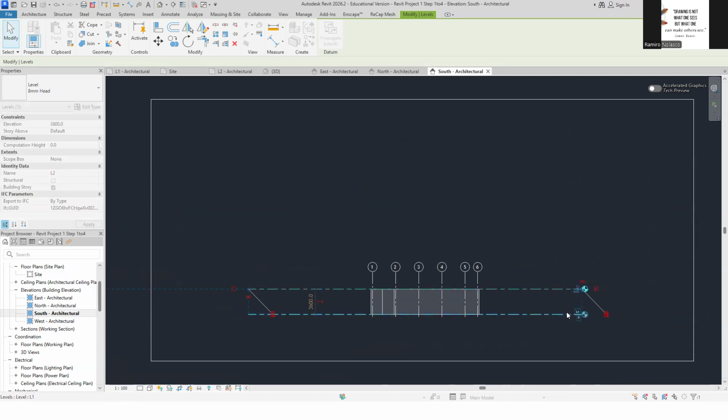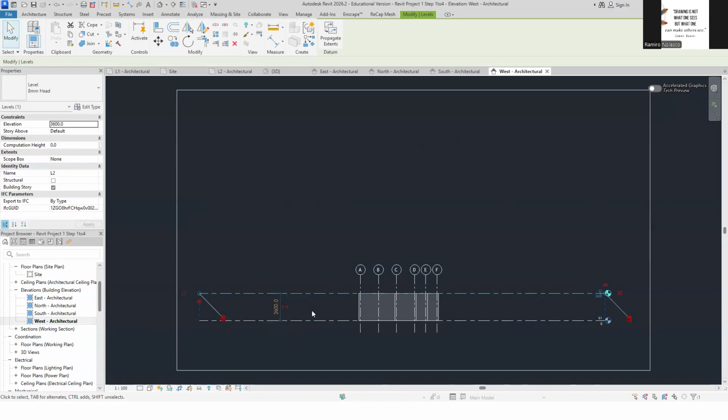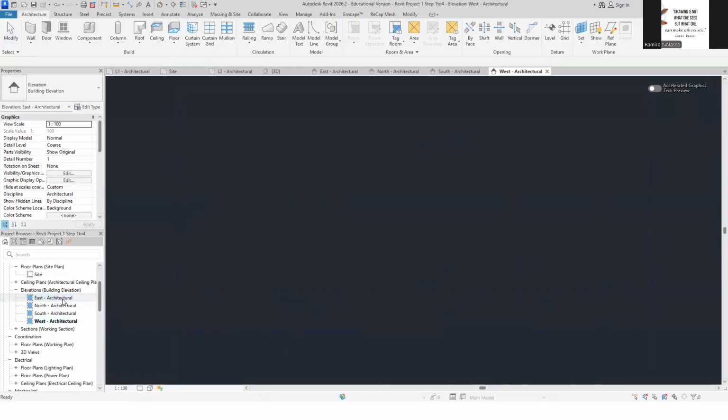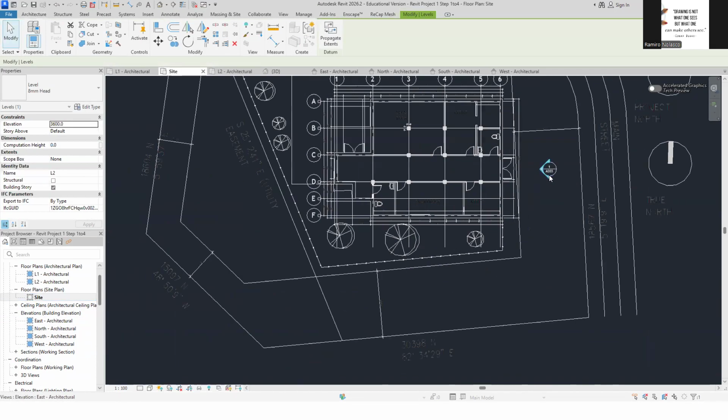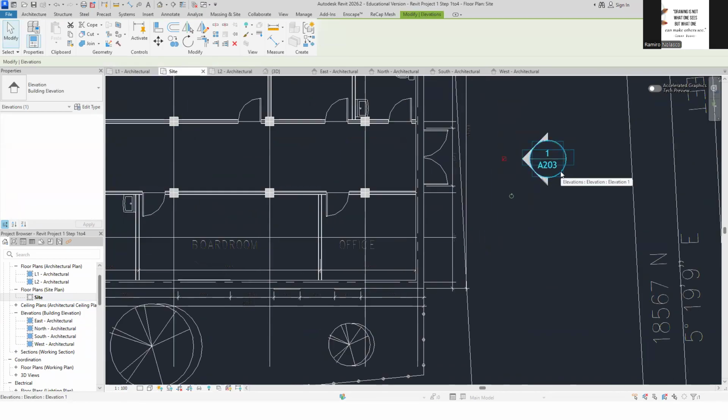So this is what we call the level. Each level creates a floor plan. West, there's our west. I wonder what happened to our east. So let's look at our east elevation marker. So this is east, and select this. Make sure it is straightened up. Yep. And then let's go there.